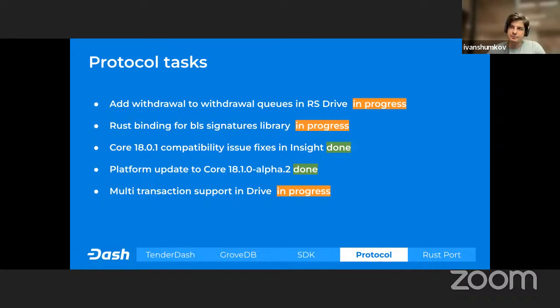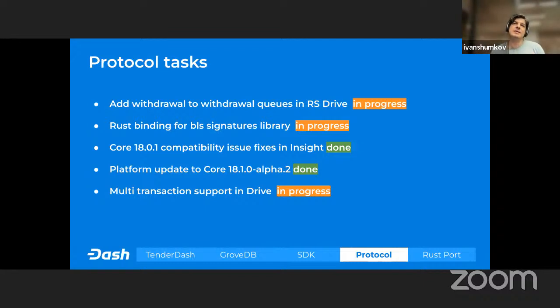So instead of providing the cryptographic signatures on the next block, we will calculate them for the current block. So we're removing this extra block for confirmation.